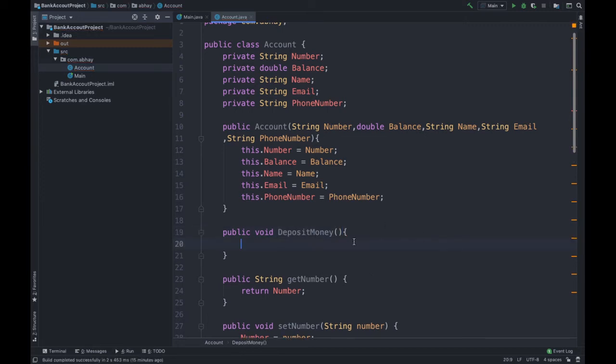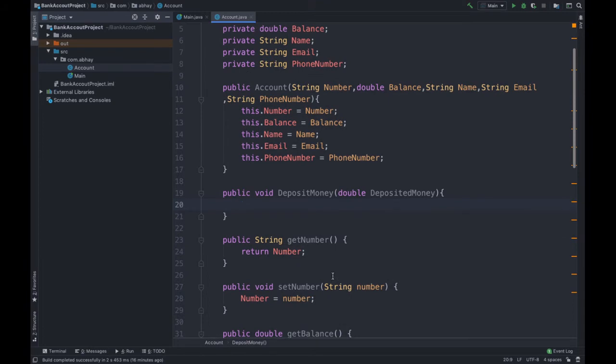In the parameter, we are going to pass the money that the user has deposited, that is double depositedMoney. So this is our parameter. And what is the body of this function?